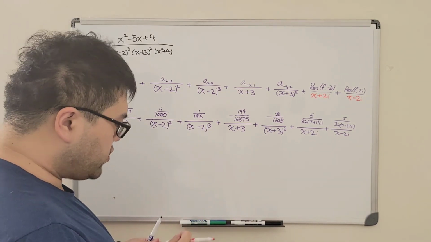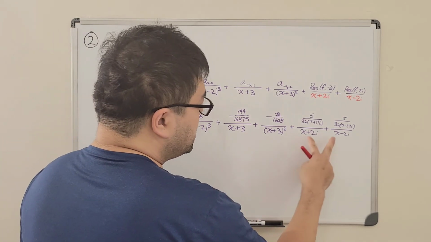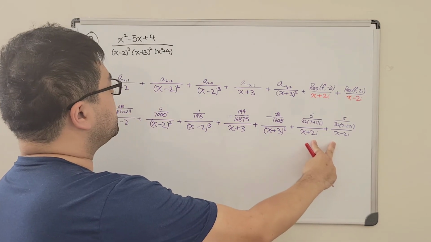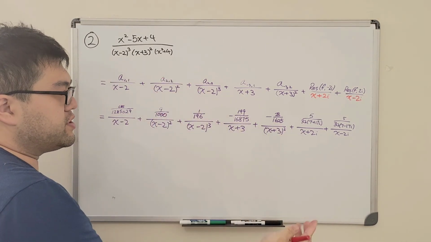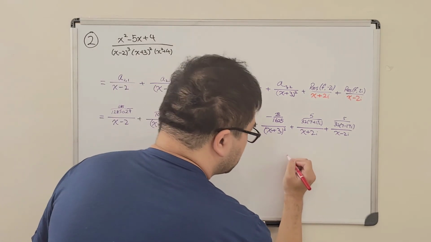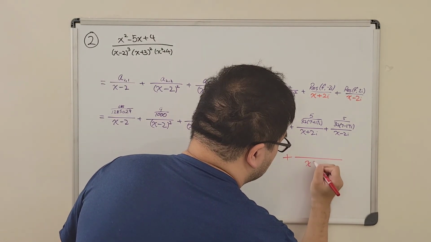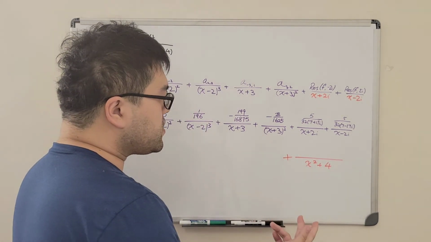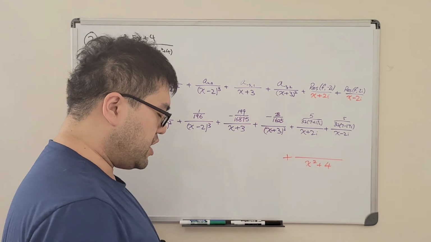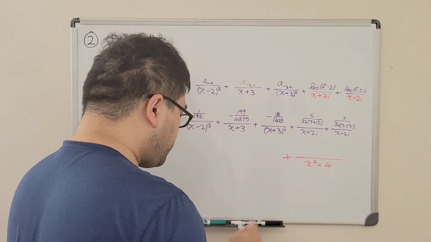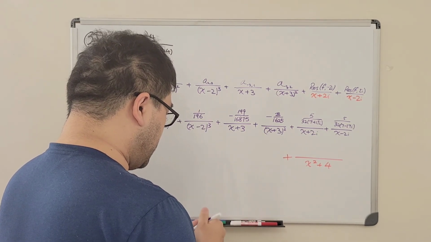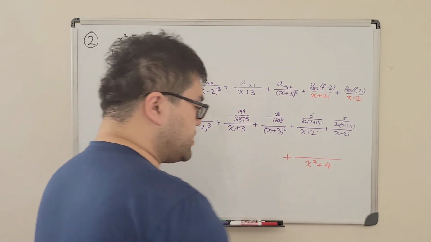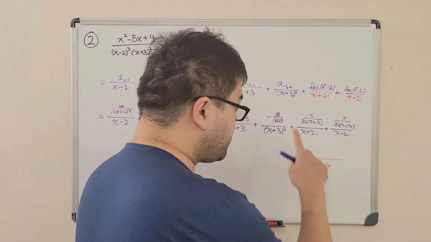And of course, we know that these two terms, their common denominator would just be x squared plus 4, which is how we broke it into two parts. So nice, we actually get the denominator quickly. Now, for the numerator parts, again, we just need to do the cross multiplication. So again, I'll let you guys check the answer by yourself, but this is what we get after we cross multiply